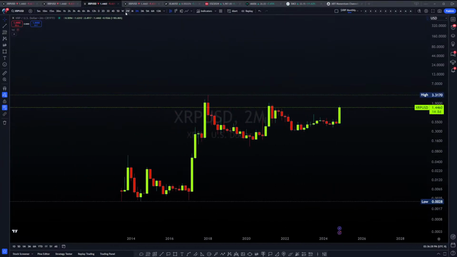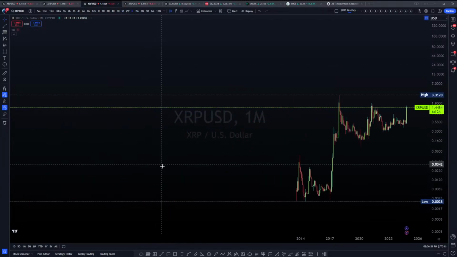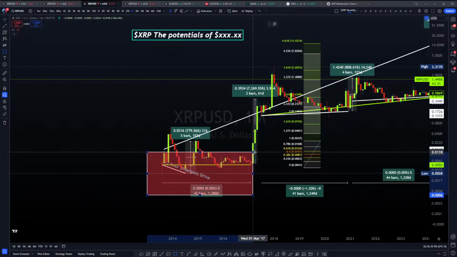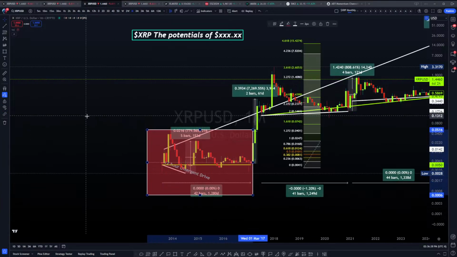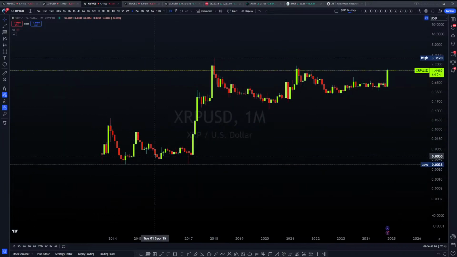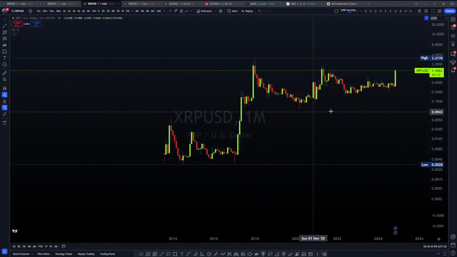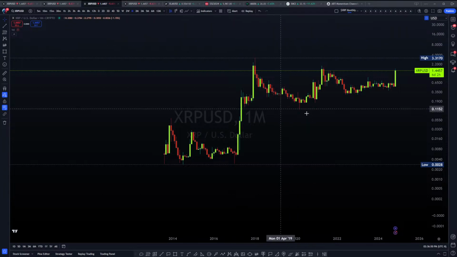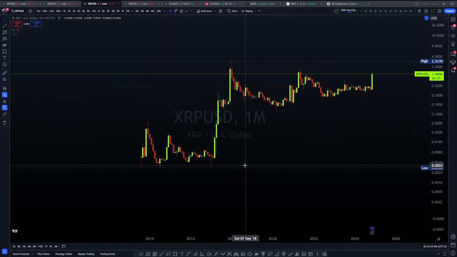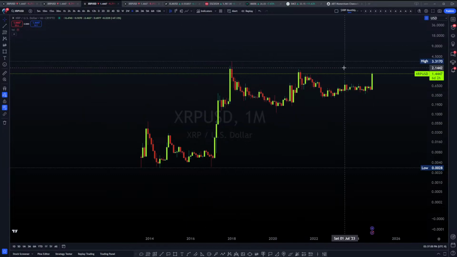So let me show you that phase. This phase here on a monthly time frame, this triangle, is supposed to be this entire phase here as well as a repeating cycle. It would be a repeating fractal. So this would be the fractal analysis based on your initial reaction, and this initial reaction is set out here again.